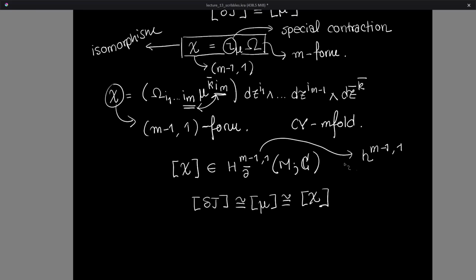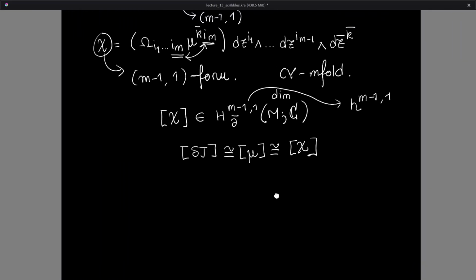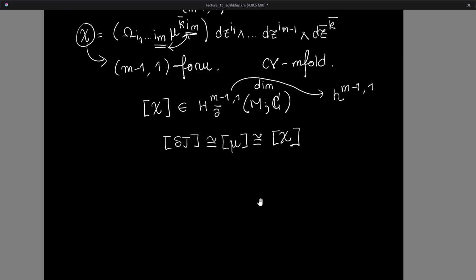That's our Hodge number. So let me write it over here. It's the dimension. So that is how many complex structures. Sorry for moving the canvas around a little bit too much, but that Hodge number is the dimension for our moduli space. So we can say that the dimension of MCS is equal to H^{m-1,1}, which means that